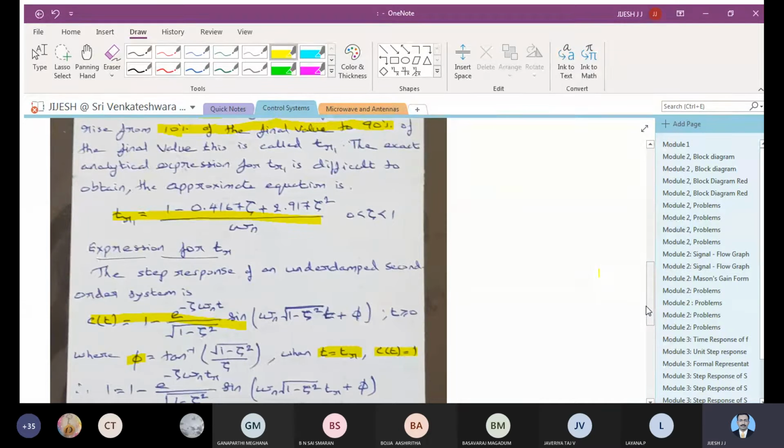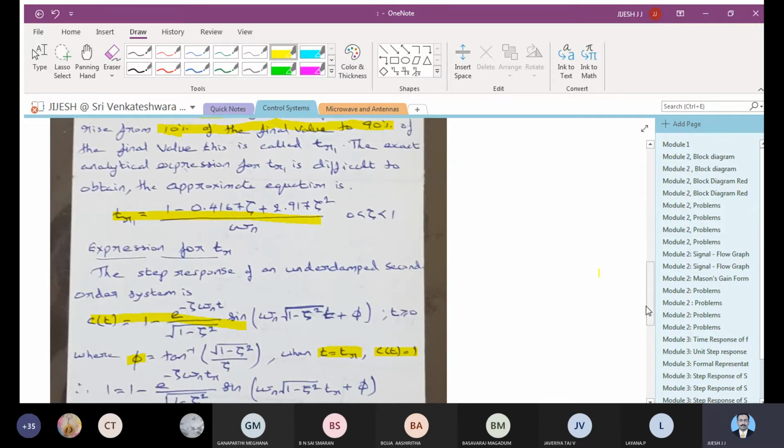See, I am asking you to write down these equations in the class itself because you need to practice these equations. You need to understand the derivation. You have to see how the equations have been substituted. So it is not enough if you just take the notes later on. So it's always important when we do the problems or derivations, you should write along with the class itself.